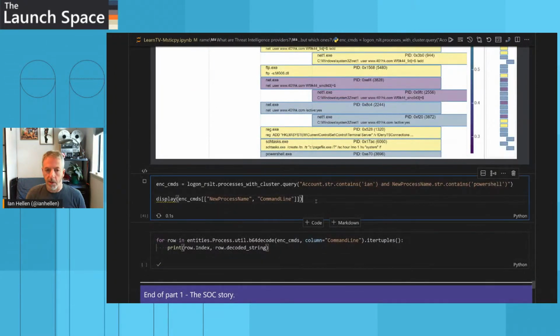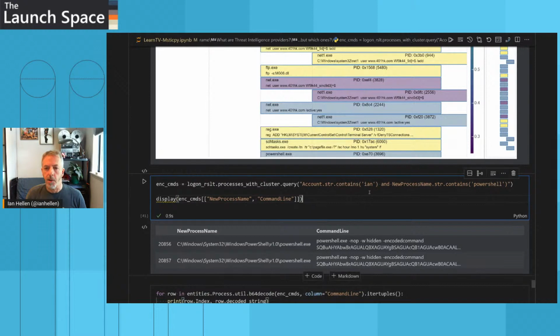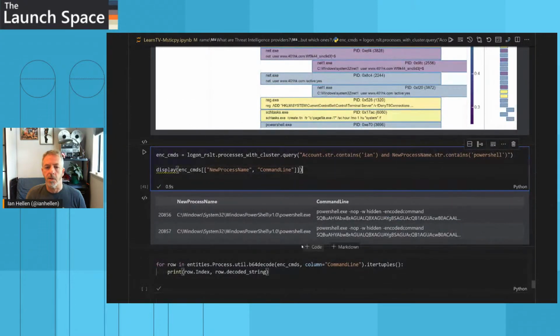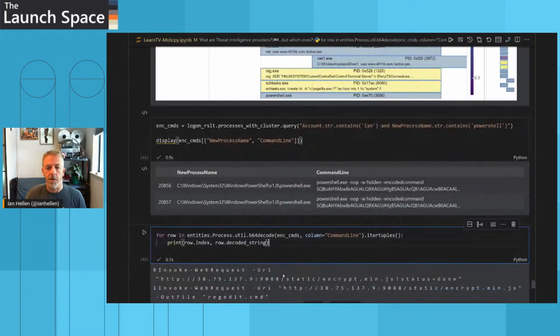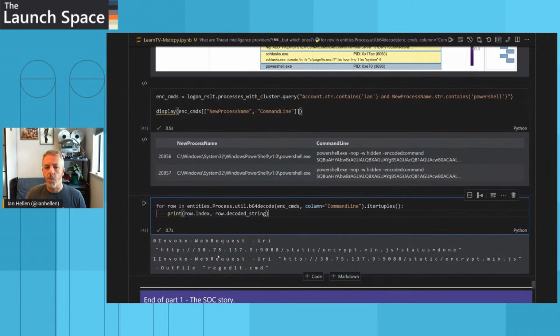And the final two things: we have a couple of processes in here that have obfuscated PowerShell. We can use another utility to decode this. Something weird has happened to the output here, but if you can squint and ignore the intervening spaces, you can see there's a web request here to our suspicious